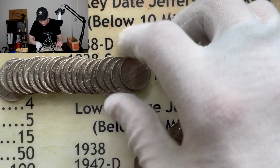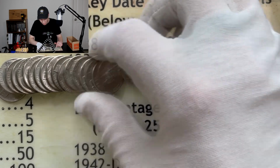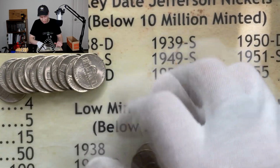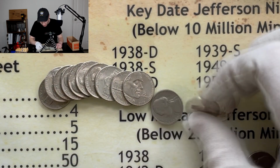I am loving these nickels. So guys, I should say this. I have been trying to get a nickel box for a few weeks now. The only 2 nickel boxes that I was able to get actually ended up being completely uncirculated 2021 coins, which